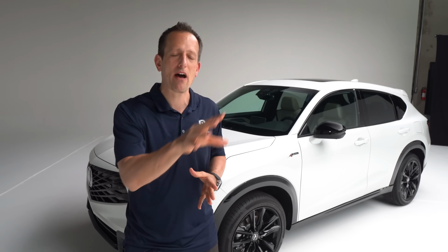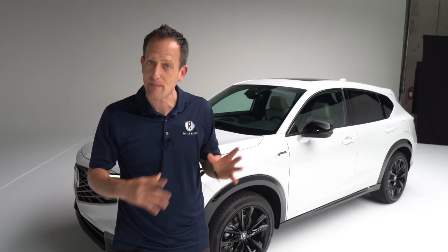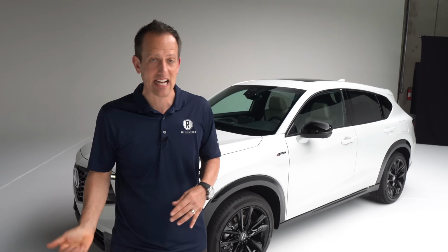Now the great news is they know that it's not just about sedans, right? They have a TLX, they have the return of the Acura Integra, but they also realize that crossover SUVs are still very, very popular, and they wanted to create one that would be that entryway into the Acura family, and that is where the ADX comes in. This will be their smallest crossover SUV in their lineup that goes ADX, RDX, MDX, ZDX, from A to Z,